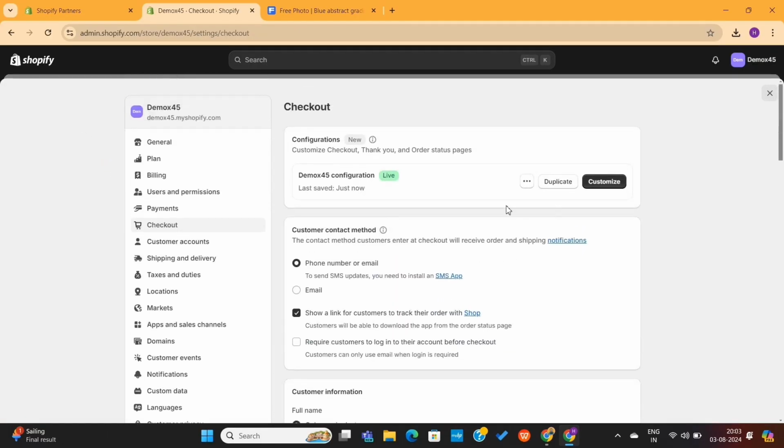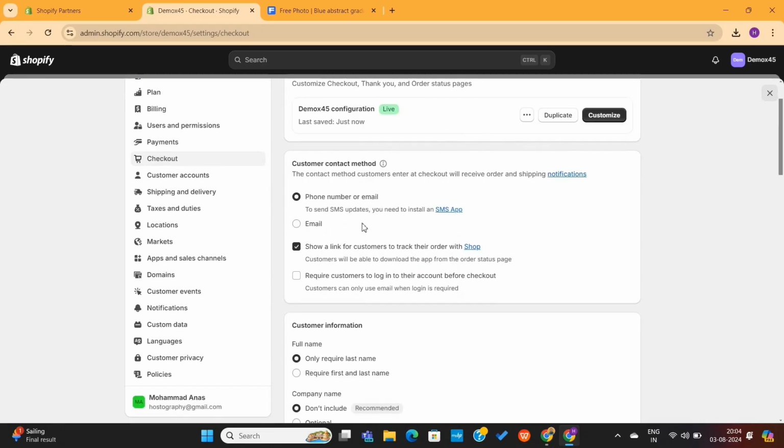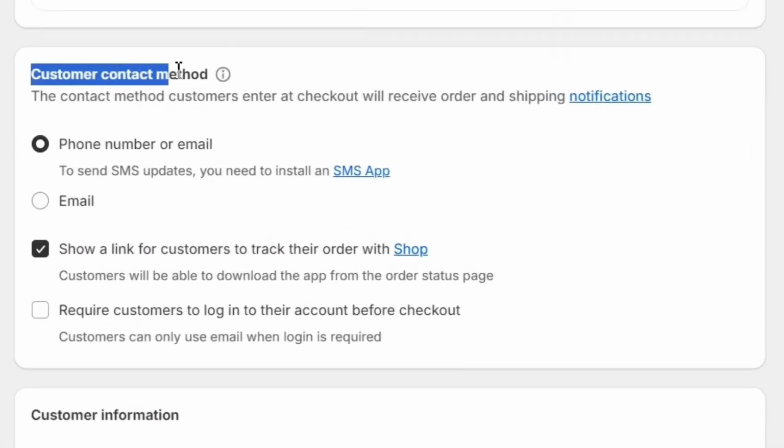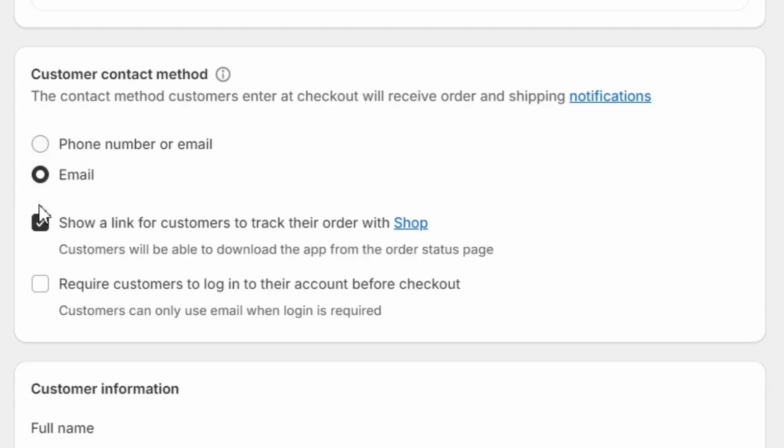Next, we have some other options here, which will help us further customize the checkout page. First, we have the Customer Contact page, where you can select what information you want to collect from your customers. For example, I can decide whether I want to collect just the email or the email with the phone number